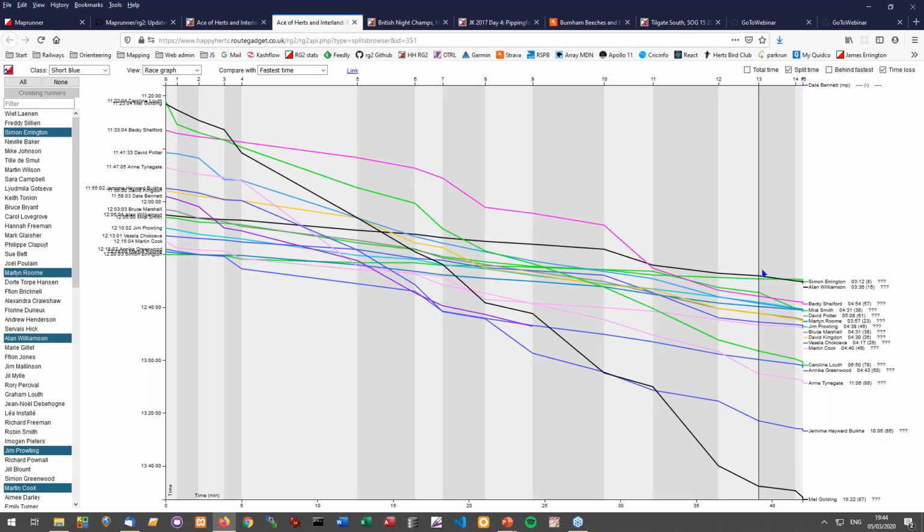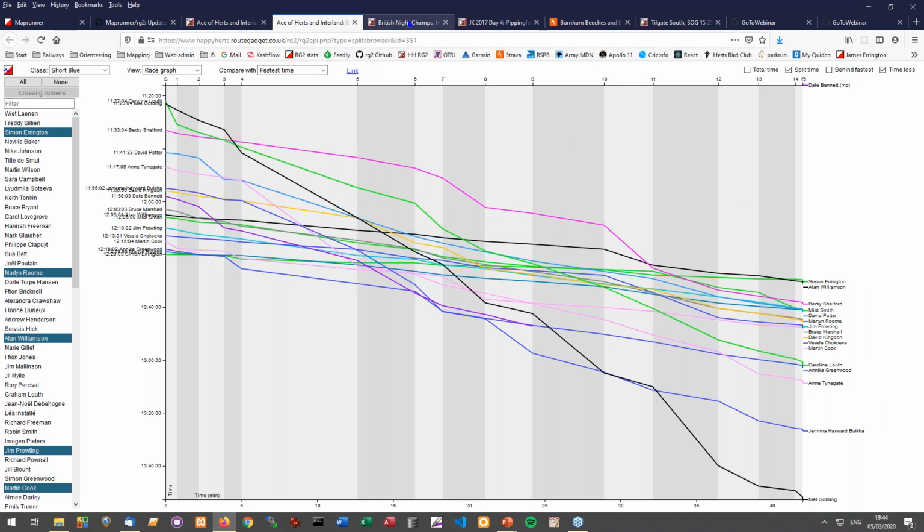I'd really like to do something similar with WinSplits, but it's not quite as straightforward, and I've never really investigated taking that further forward. So Splits Browser, again, is worth going and playing with all sorts of things, and there's probably an option somebody could spend a webinar just going through what Splits Browser will provide.